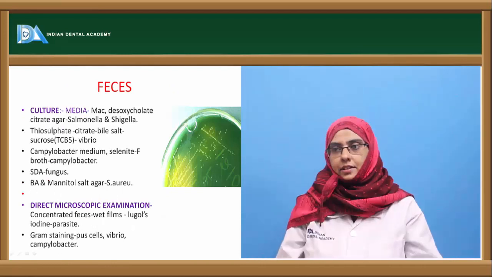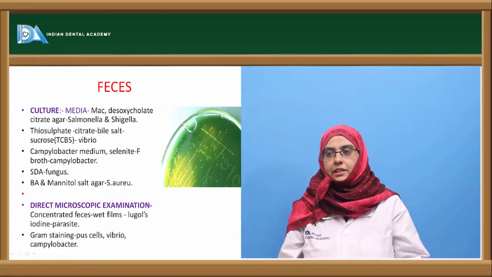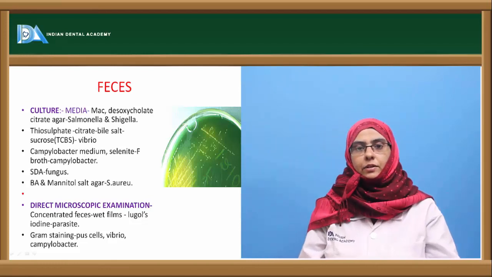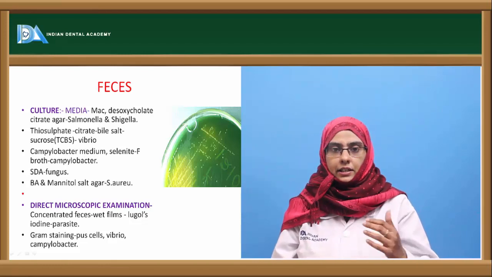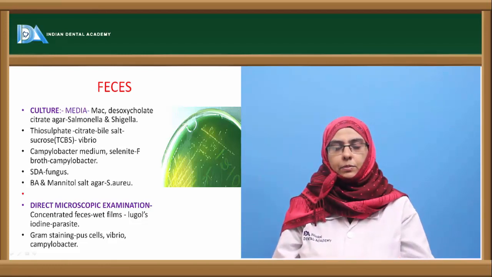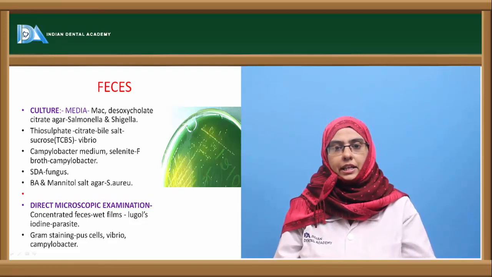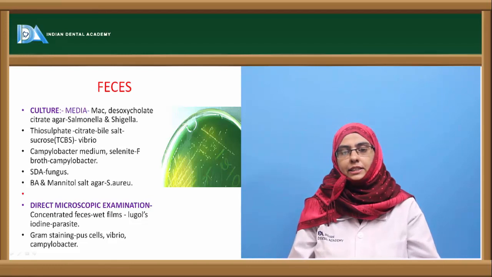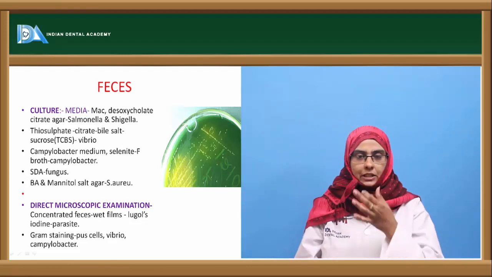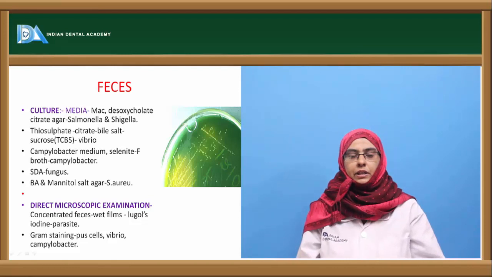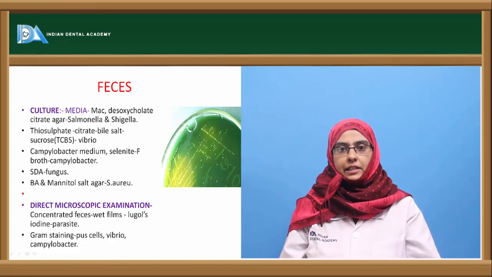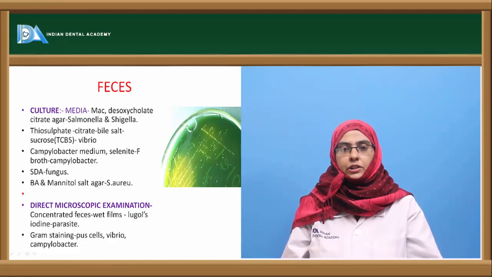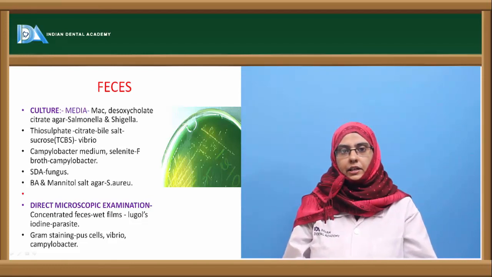Now coming to the feces. This is a specimen for which further tests are usually carried out for most of the organisms which are anaerobic in nature. The organisms relevant to feces are usually the group of microorganisms involved in gastrointestinal diseases, called Enterobacteriaceae, members that inhabit the gastrointestinal tract of the human. So the specimen is feces, through which we identify if there is any gastrointestinal infection in a particular human being. Here the culture used to identify the organism is MacConkey agar